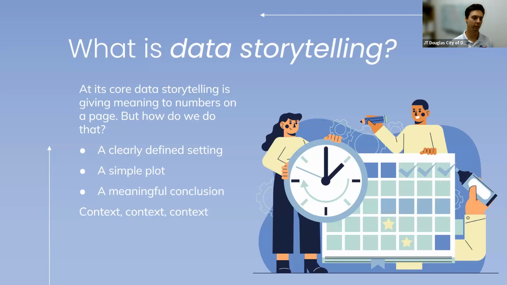And then also we want to have a meaningful conclusion. So what does that mean? Essentially that means we need all of the context that's within that to make sure that people walk away with a conclusion that makes sense, that is actionable, especially for those of us that are in the private sector or in the public sector. If you're presenting to management, to your elected officials, we want to make sure that we are providing information for the best informed decision-making that we possibly can.